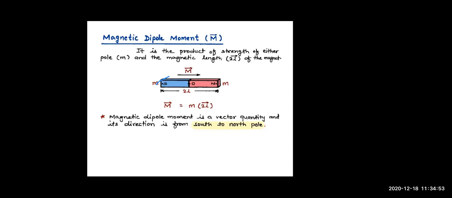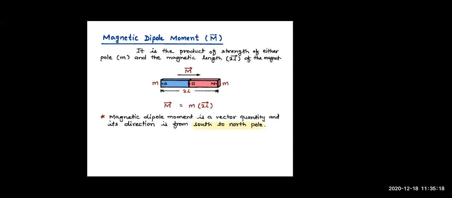They are unlike, right? And they are separated by a small distance. That is a magnetic dipole. If it is a magnetic dipole, then it will have a magnetic dipole moment. So what is magnetic dipole moment? So children, magnetic dipole moment is a term that is used to represent the strength of a magnetic dipole to produce